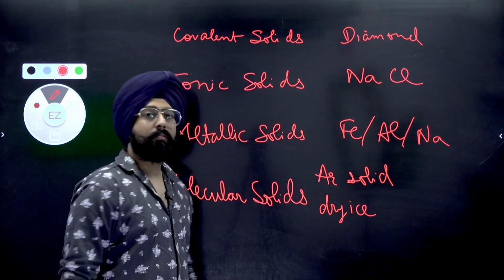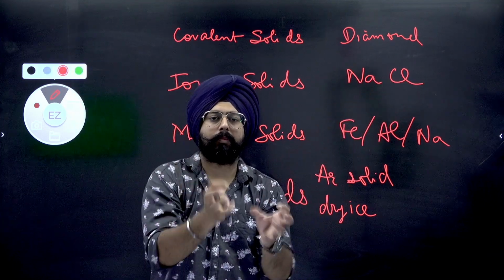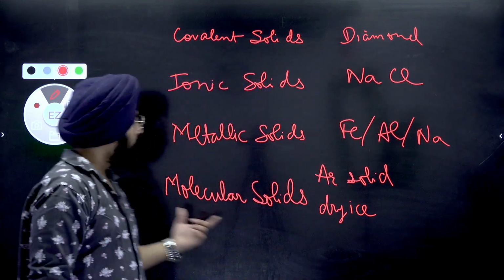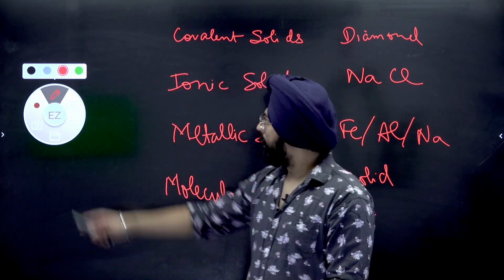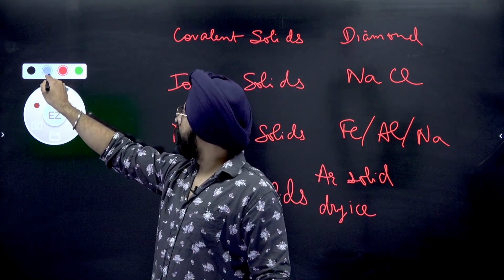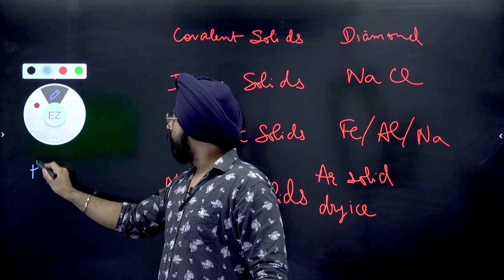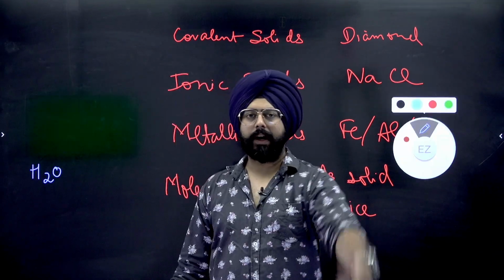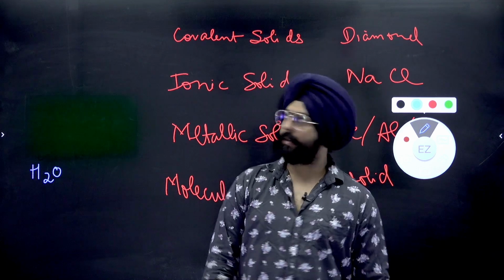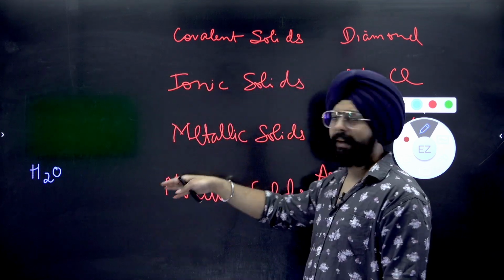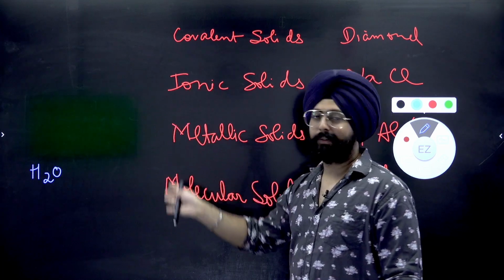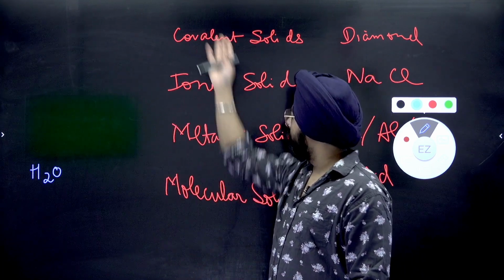When you bring the molecules of carbon dioxide together by cooling it down, you get a molecular solid. Let's explain this better with an example. My dear friends, if I talk about water, H2O, what kind of a solid is it? Is it covalent? Is it ionic, metallic? Obviously, water is not ionic, water is not metallic. So is it covalent or is it molecular?